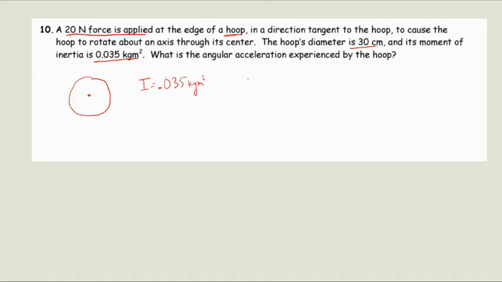Well, let's see. We have our sum of torque is equal to I alpha. Okay, awesome. Also, we know that torque is the same as force times radius sine theta, and that's equal to I alpha. Okay, and we're trying to solve for alpha. So our angular acceleration is equal to force times radius sine theta divided by I, or our moment of inertia. So we end up taking our force, which is 20 newtons, times our radius, which is 0.15,